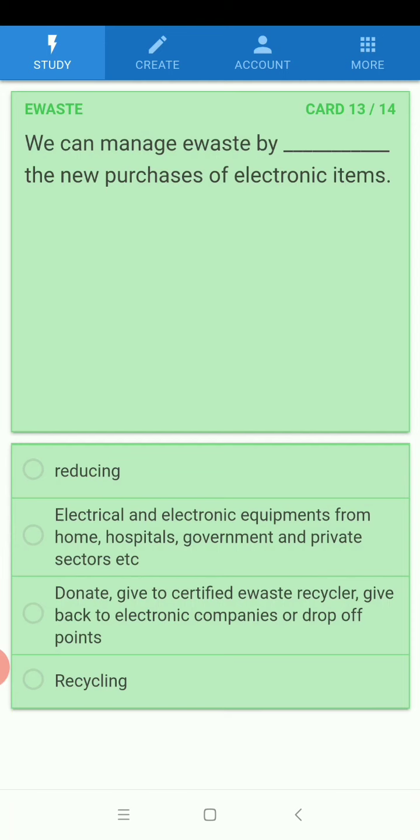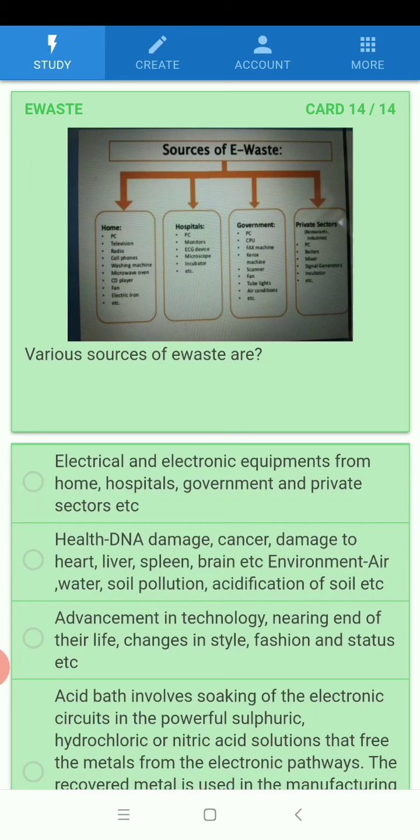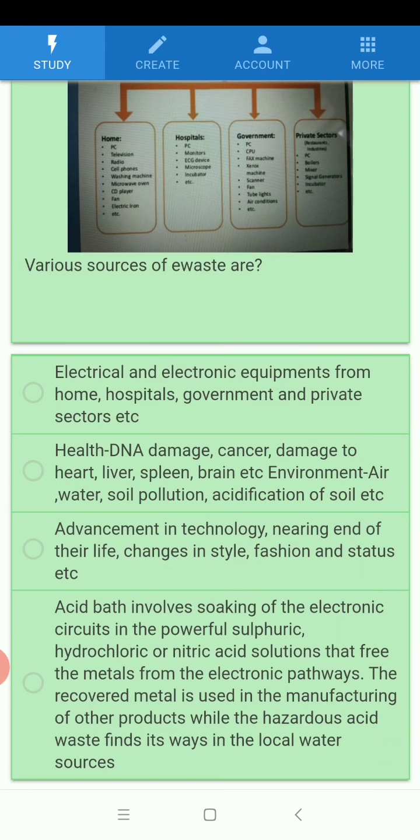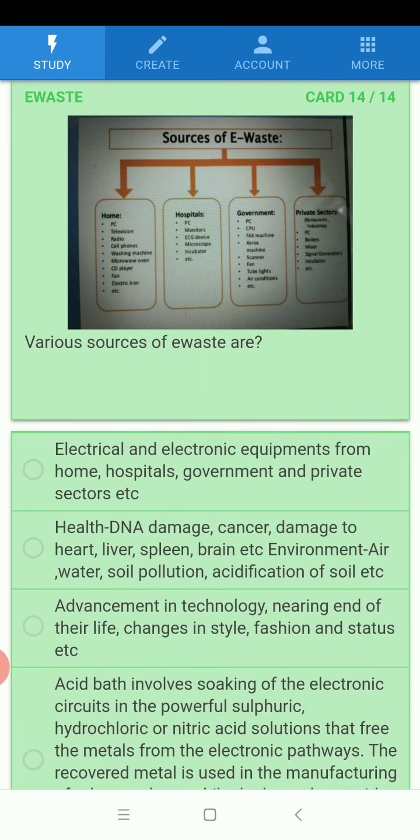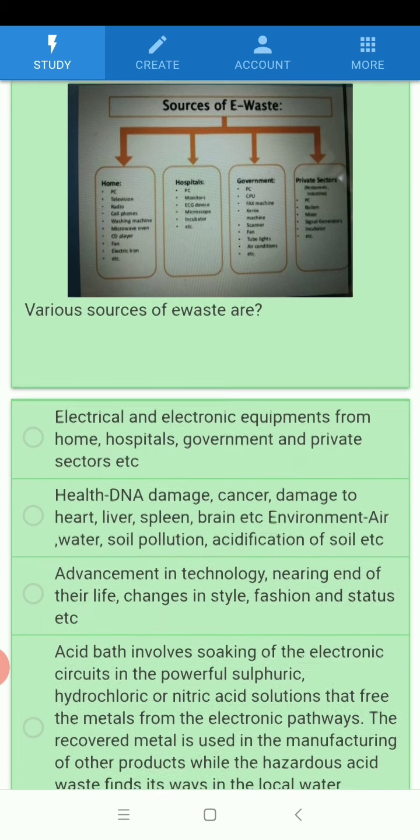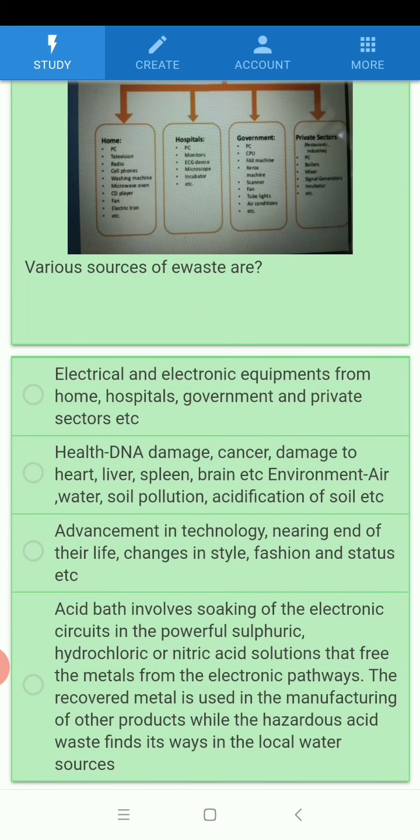We can manage e-waste by donating. Let's move on to the next question. Various sources of e-waste are electrical and electronic equipments from home, hospitals,